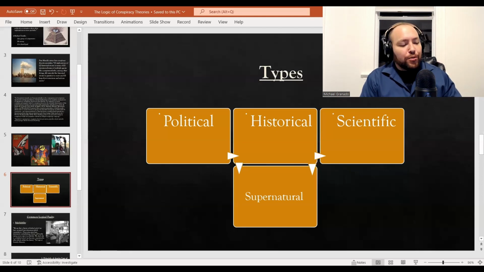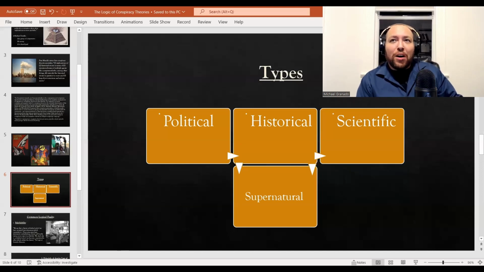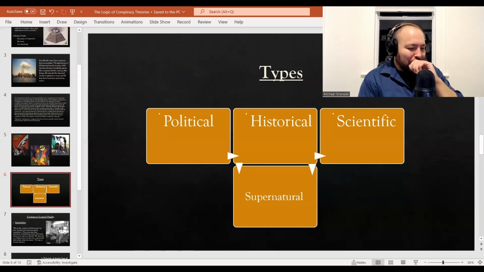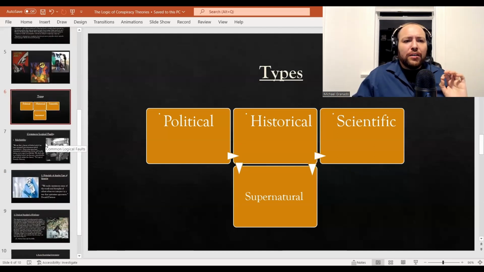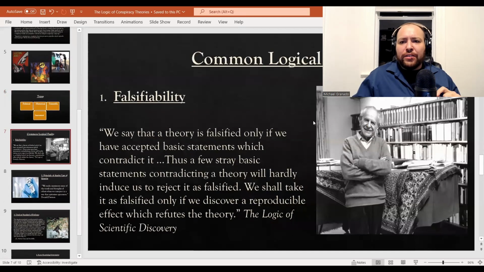I guess I got supernatural. Supernatural conspiracies. This would involve things like cryptids: Bigfoot, Loch Ness Monster, Mothman. There's a lot of really cool cryptid stories out there. I like cryptid stories because they oftentimes fall under the umbrella of urban legends or folk tales, and I think that's really interesting. So let's talk about some of the common logical fallacies